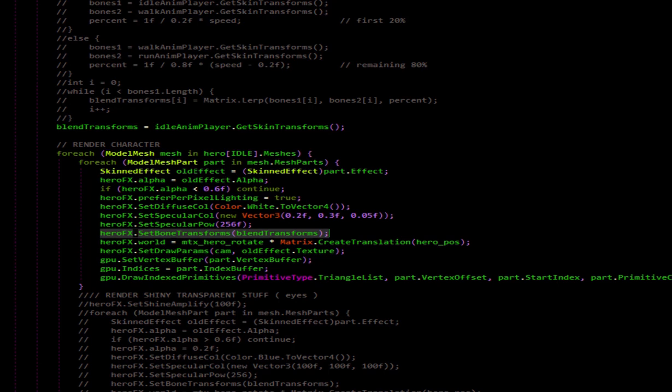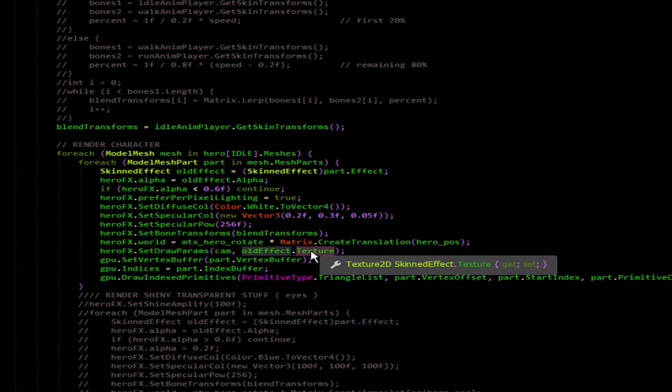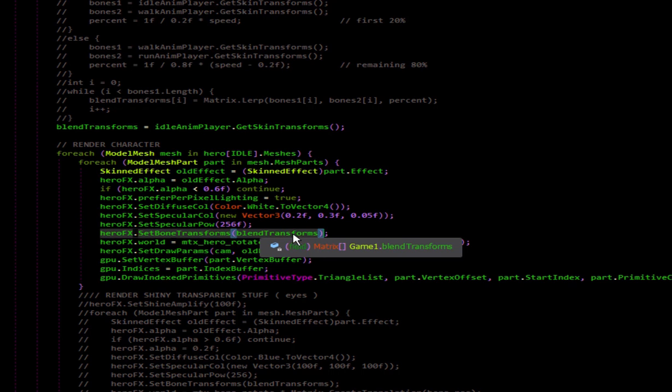Oh yeah, you're probably wondering about the texture too. Part of the reason we got this is down here you'll see this set draw parameters, and we use that we extracted here to set this texture. So we can actually access which material it is and apply different shading techniques to each material individually, and even swap out materials if we want to have them wearing a different shirt, like something from Animal Crossing. We can do something like that. We got to make sure we pass in the blend transforms. Once we get all this working, we know everything's working good.